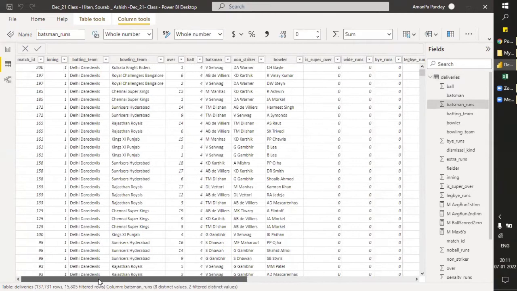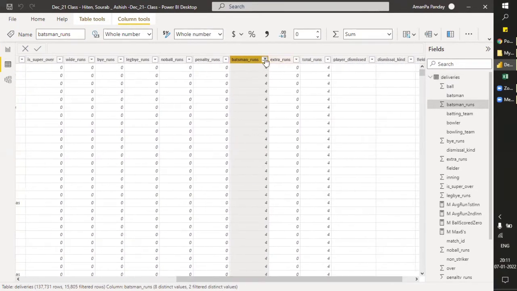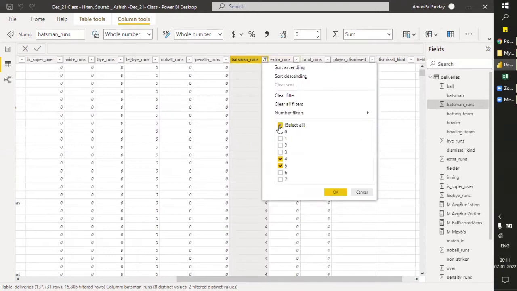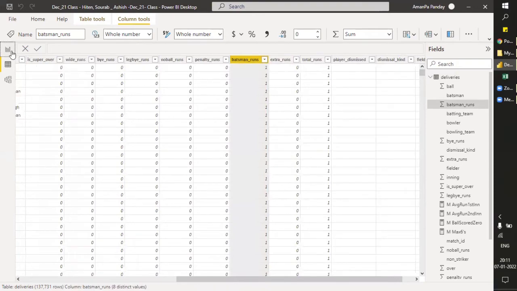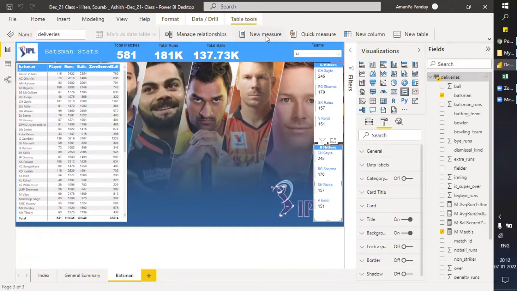So which batsman has scored the highest fours? We are going to find that from this column. It is very simple, basic stuff. Let me just come to the report section and click here and new measure.